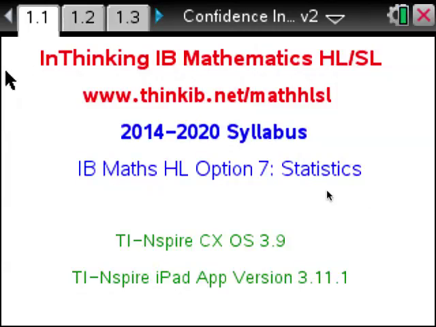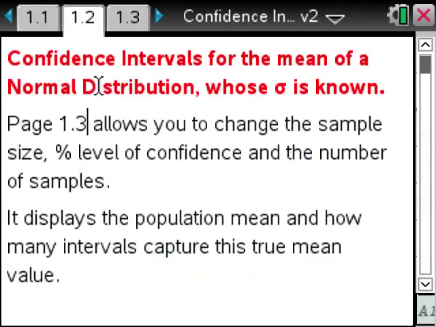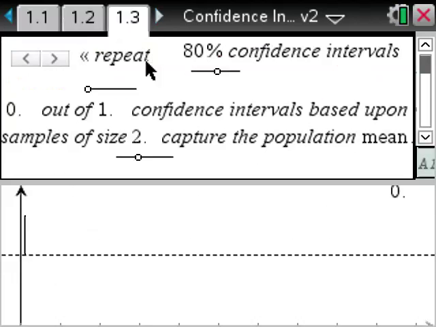This document links to the IB Higher Level Option 7 Statistics topics. In particular, it's looking at confidence intervals for the mean of a normal distribution where we know sigma. The page there tells you some instructions about what's going to be happening on page 1.3, and this is where